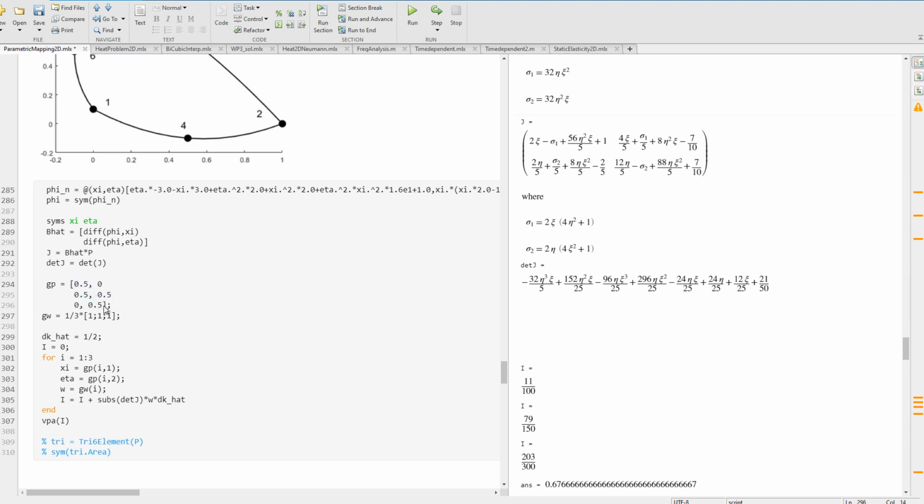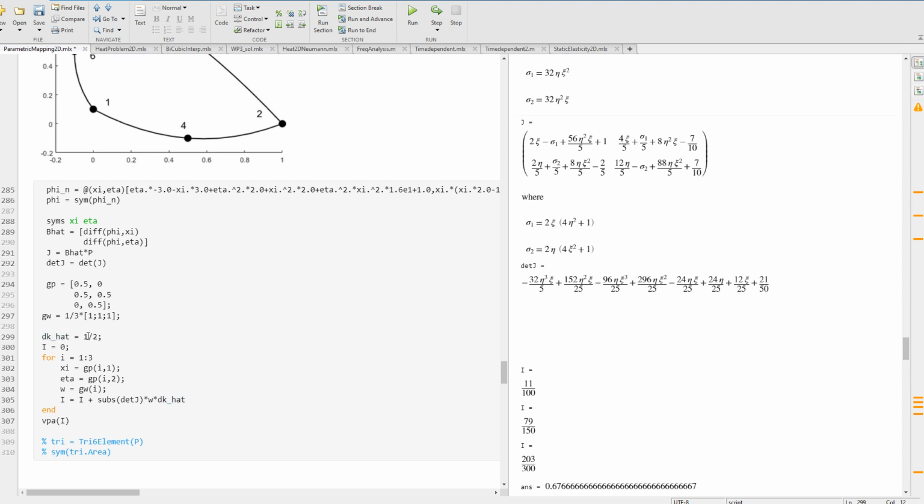This is taken from some source. I don't really remember it, but it basically says that the second order Gauss rule points are the midpoints of our parametric triangle, and the weights are just 1/3. So this works. Remember that the area of our triangle is 1/2. So we need to multiply the determinant of the Jacobian by 1/2,